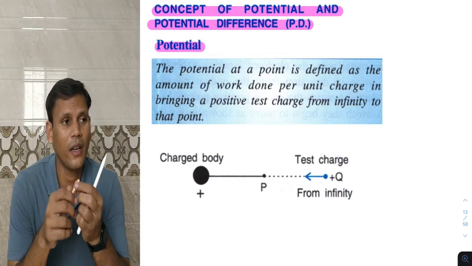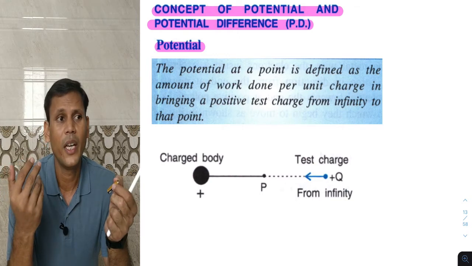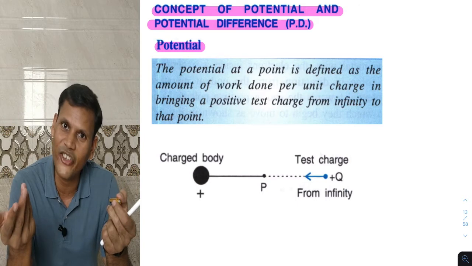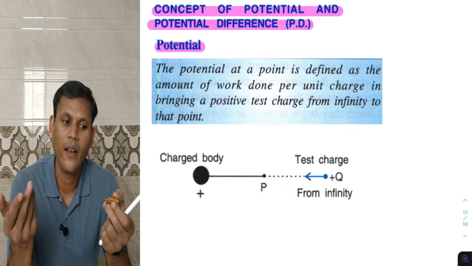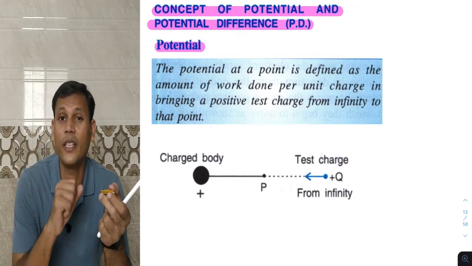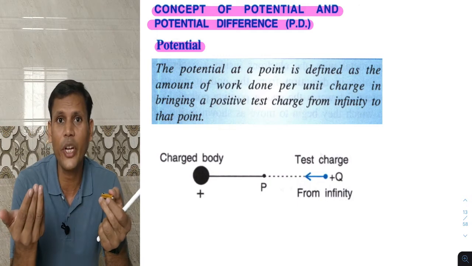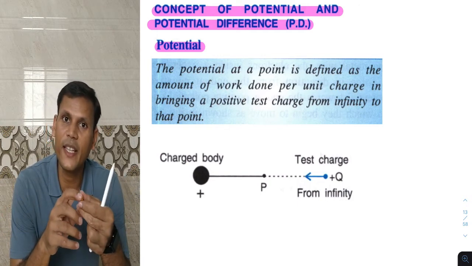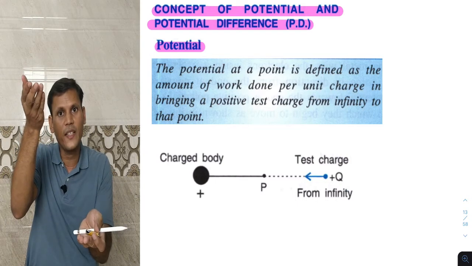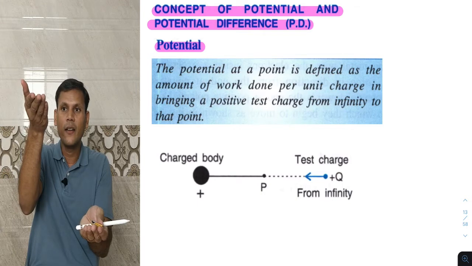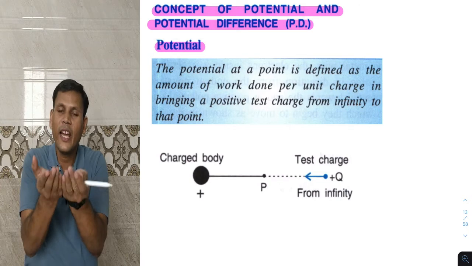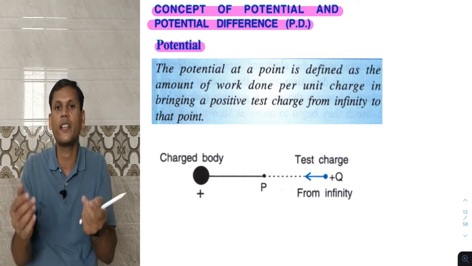Now in our daily life we use the phrase that the battery gets discharged. What is the meaning of battery getting discharged? It means the potential difference of this battery becomes 0. Positive potential is called higher potential, negative potential is called lower potential. If that difference becomes smaller, and finally both become the same, then we say they don't have a potential difference.